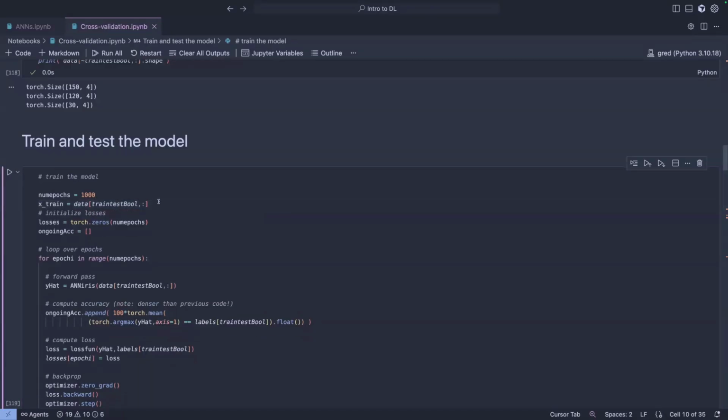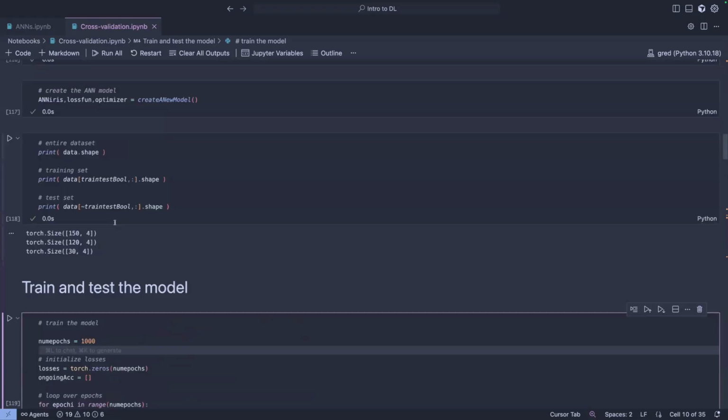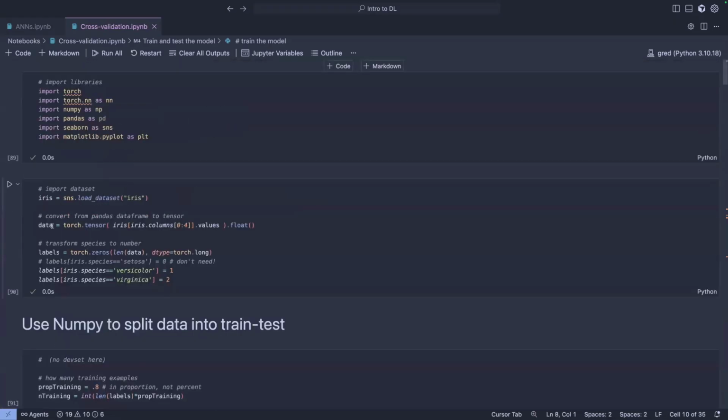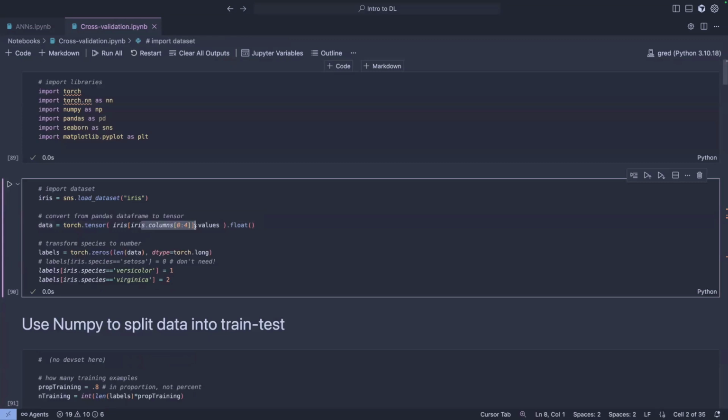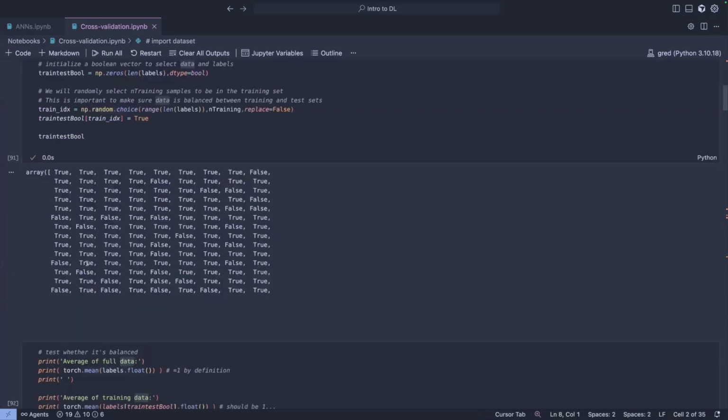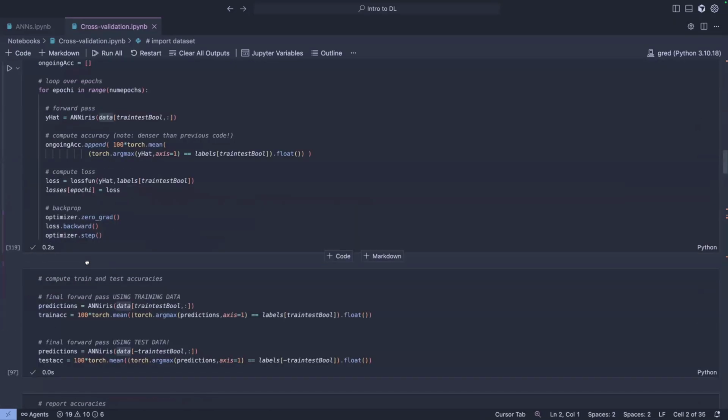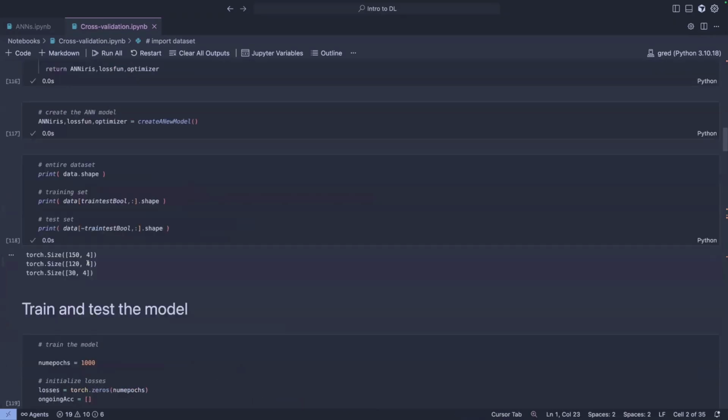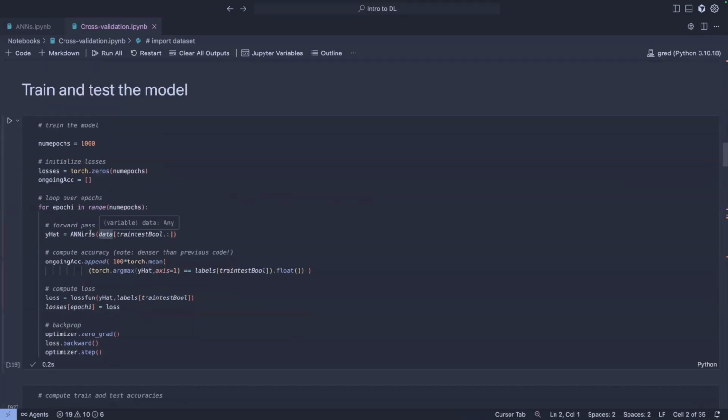So remember, when we loaded the data, we put the data features, the first 4 columns, into data, and then the actual labels, the Y output values, we stored in labels. So this is our ground truth Y, we call it labels, and our input data is called data. This is what we're doing here.